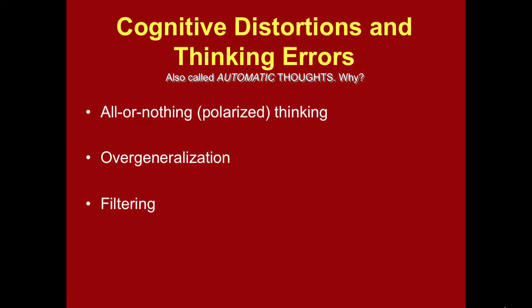Filtering. Someone who is engaging in filtering is filtering in only negative examples. All that we see or recall is the negative feedback. An example of this is something Madonna once said. She said that after a concert, if 99 people come up to her and tell her how great the concert is, and one person says that it was awful, she would focus on that one person